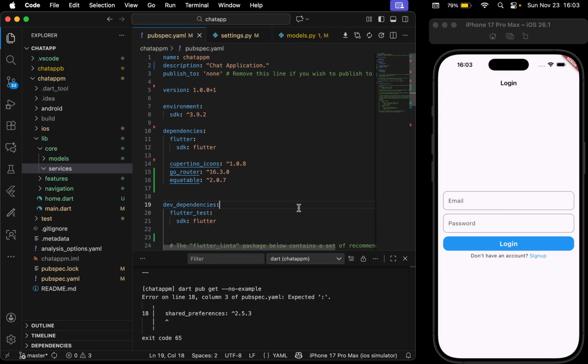Alright, today I am going to show you how to implement Dio as our helper, or as the package which we use to make network calls. So the first thing we have to do is to go to our